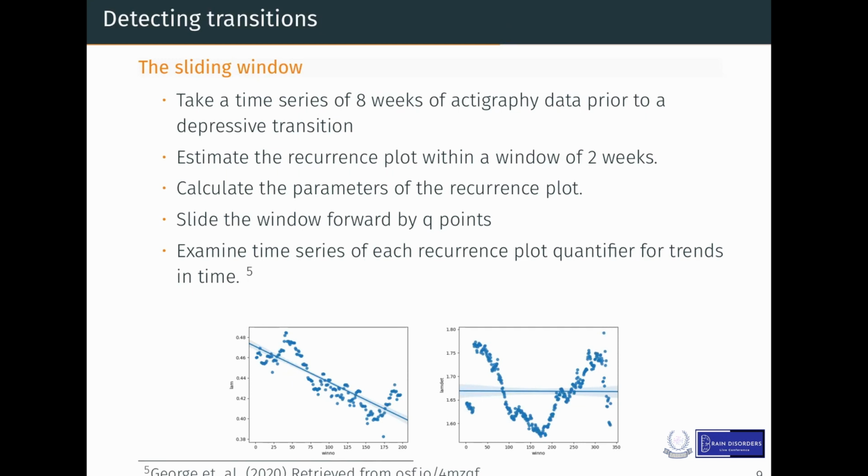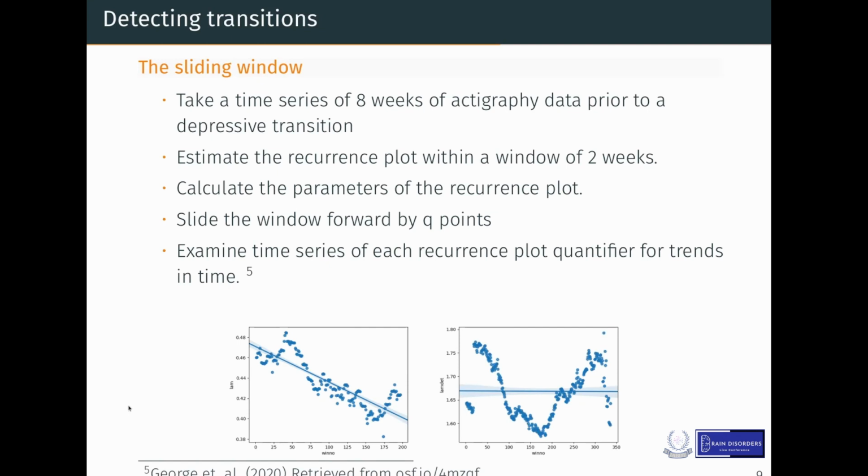And then, if you remember what I was talking about earlier about the recurrence plot quantifiers, we estimated the recurrence plot within a window of 2 weeks. So we have a time series which is 8 weeks long, and we take the first 2 weeks and calculate the recurrence plot. We calculate the parameters of the recurrence plot, like the average and entropy that we talked about earlier, and a bunch of other things. And then we slide the window forward by about Q points, and we keep doing this. So we slide the window forward by, let's say, 10 points, and then you check in the next 2 week window